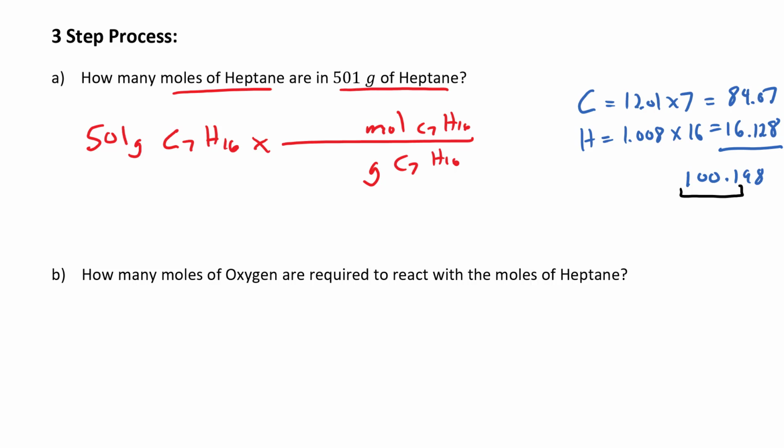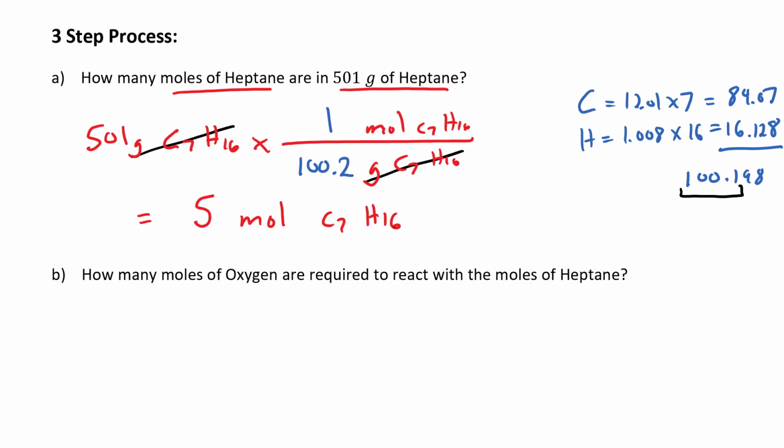So here, 1 mole, it's always 1 mole. When you're dealing with molar mass, the number goes beside the grams. It's always a certain number of grams per 1 mole. 100.2 grams goes in there. We'll do the calculation. Those values cancel out. And I've chosen a nice easy one. Gives me 5 moles